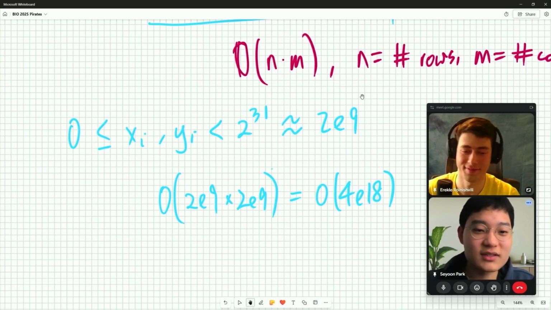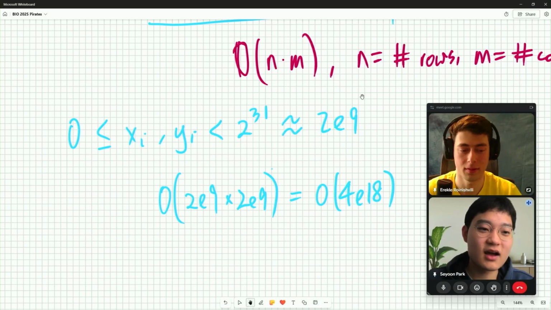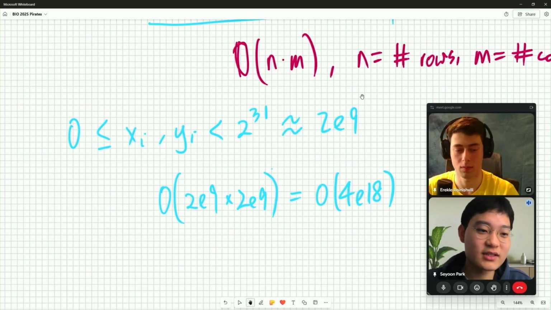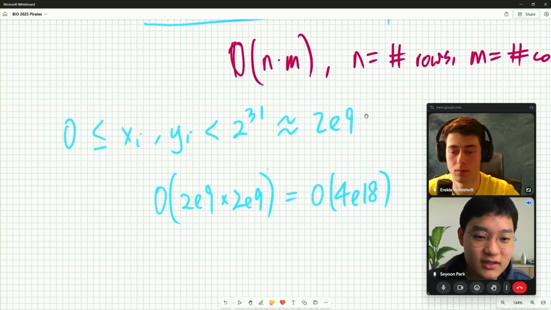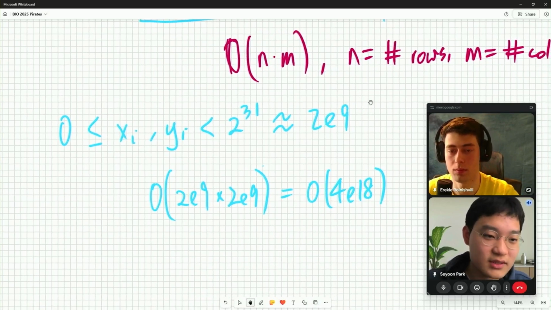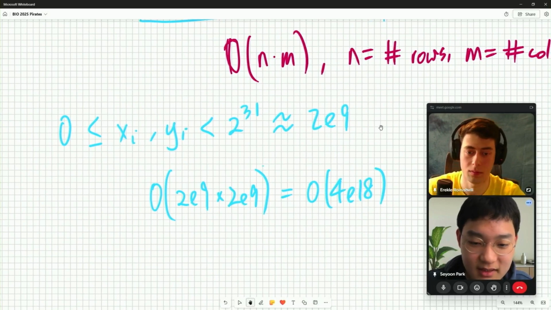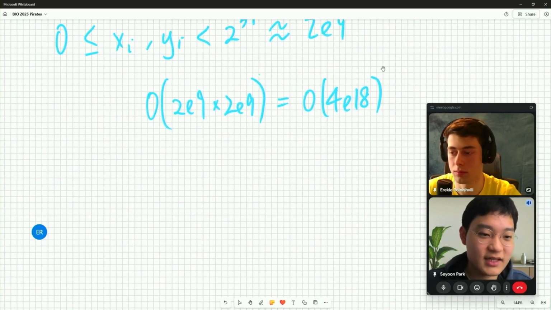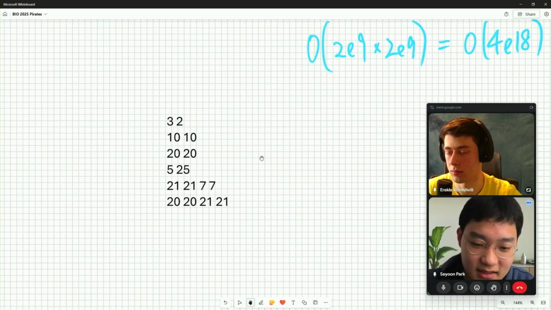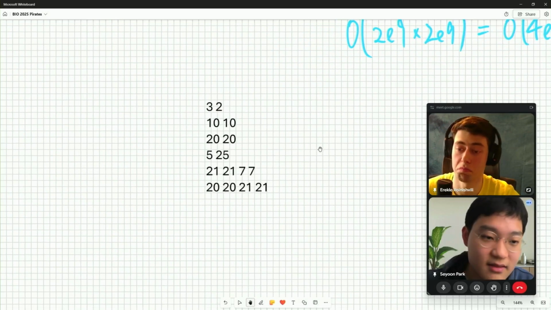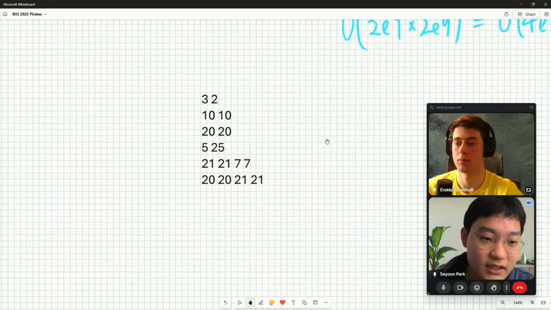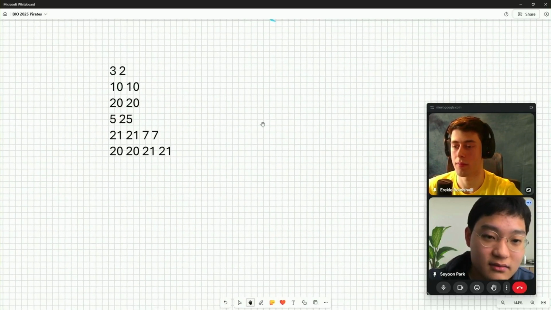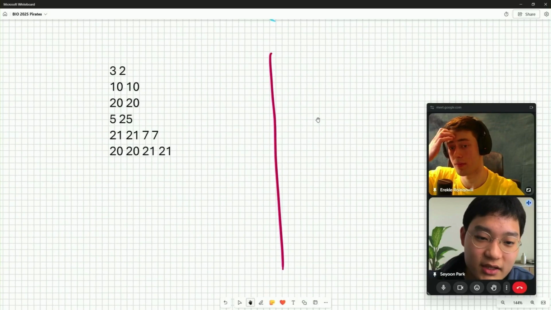But we can solve this problem by compressing the coordinates. Let's look at one of the samples for this question. I can paste the text. Let me draw the grid. Say there is a coordinate system like so.